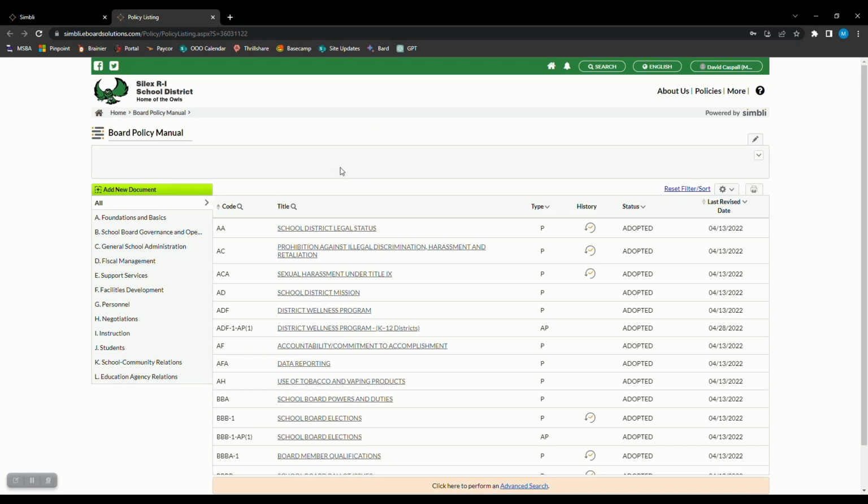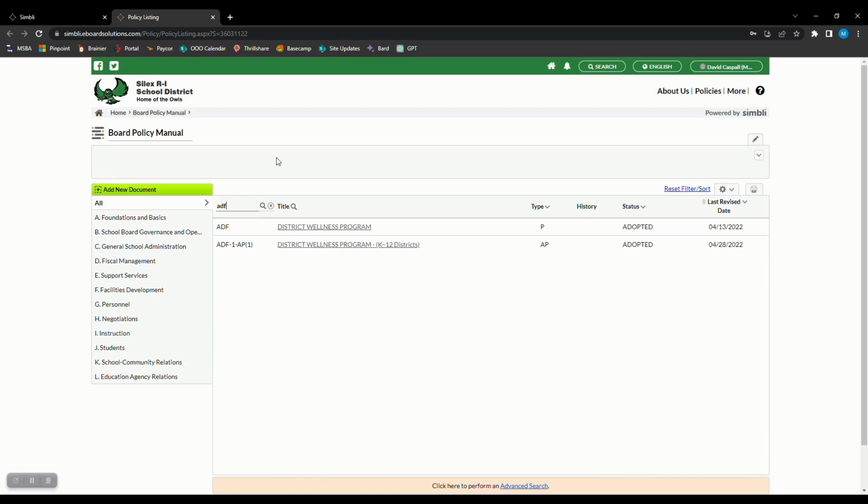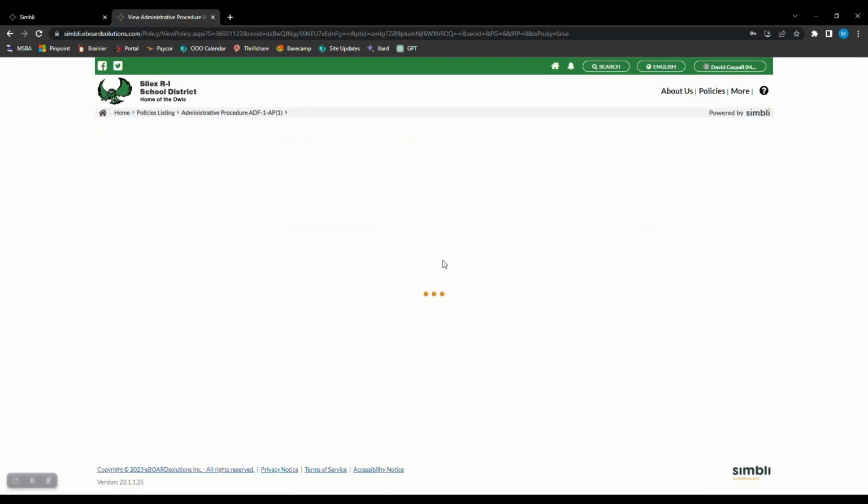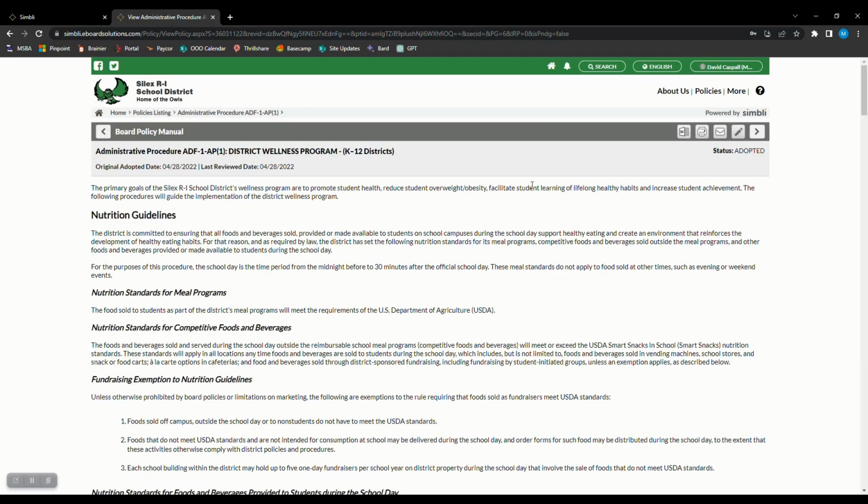Now, since I am making a change to procedure ADF AP1, I'm going to go over here to the code column. I'm going to type in ADF. And there it is, the District Wellness Program. So I will open that up and we'll talk a little bit about how I might go about making that